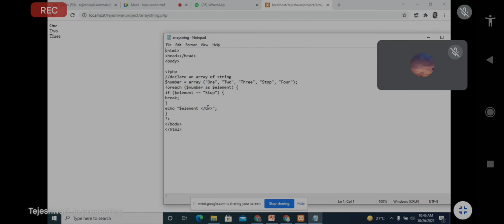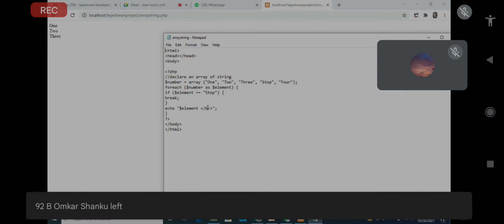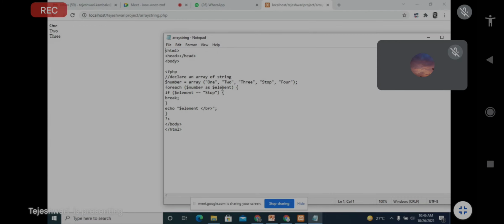So dollar number, by default, you mention as dollar element, because you want to pass all the dollar number values to another variable. That's why I just took dollar element. Open braces, if, now we have to check the condition. If dollar element is equal to stop.